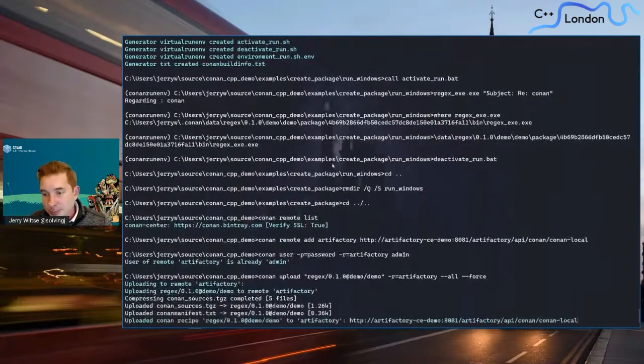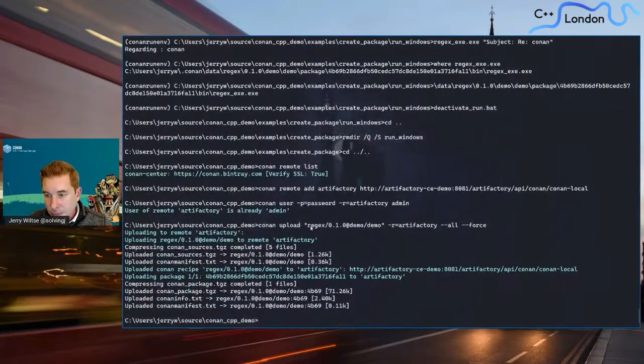And we upload. Okay, so it said it uploaded regex 0.1.0, and it found one binary on the Windows machine, and it uploaded that one. So now, if we do the search,